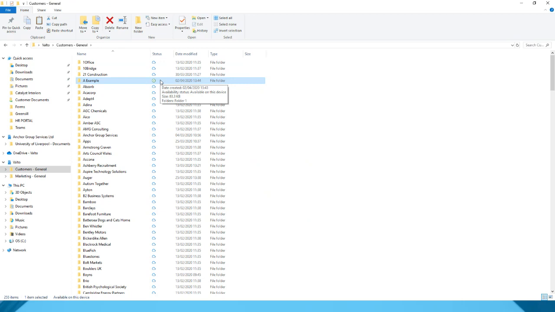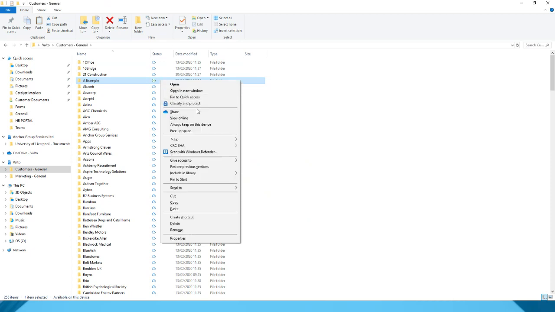You're very rarely going to go into disaster recovery plans, but if, for example, something disastrous happens, so the office burns down, you need to make sure that you can access things like the insurance certificates all in one place. Then you need to make sure that folder is always synced to your device. You don't want it to go back into cloud only mode just because you haven't been inside of it for a month or so. So to do that, we can right click on the folder and say always keep on